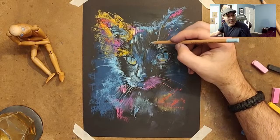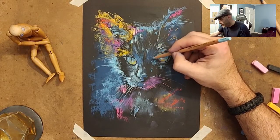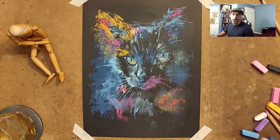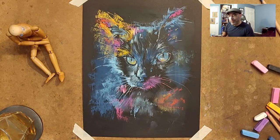Like, I like this eye, but I feel like there's some more definition that I could do to this eye just to make it look cool. So I will tinker with that kind of stuff off screen. But yeah, I mean,